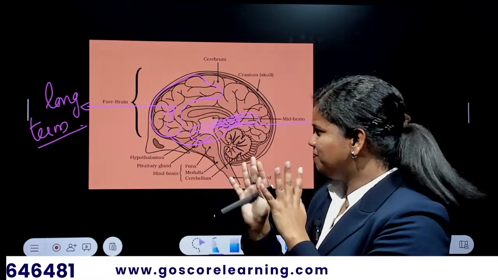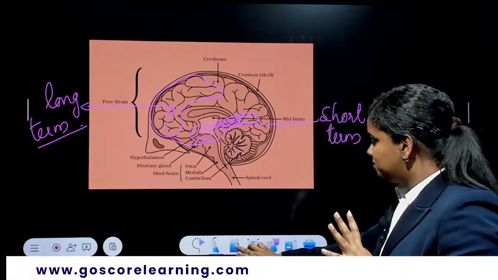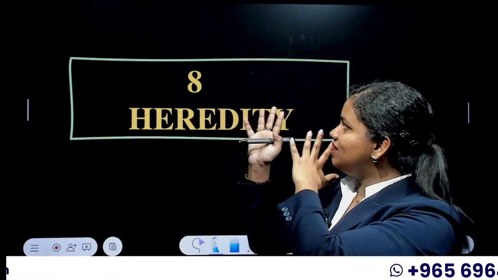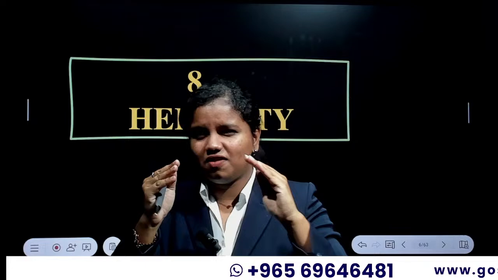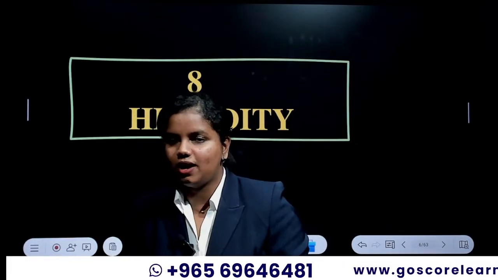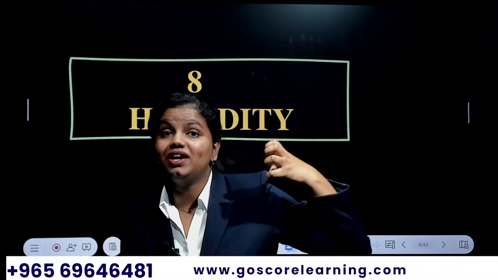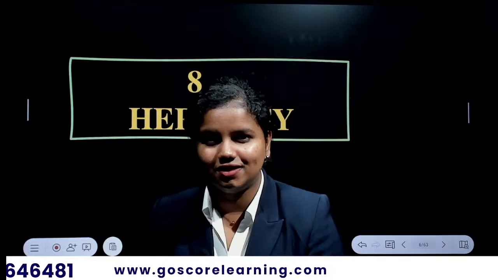Yes, so that's it. It was just a random thing before the session. Now the real thing starts. Here we are with the 8th chapter, Heredity. I hope you all have quite a good idea about this particular chapter, because this is the first time in your entire high schooling you are hearing the term heredity, genetics, all the monohybrid, dihybrid cross and everything. It's completely new to you. And as a 10th grader, this is the first time you are into genetics, which is a branch of biology.